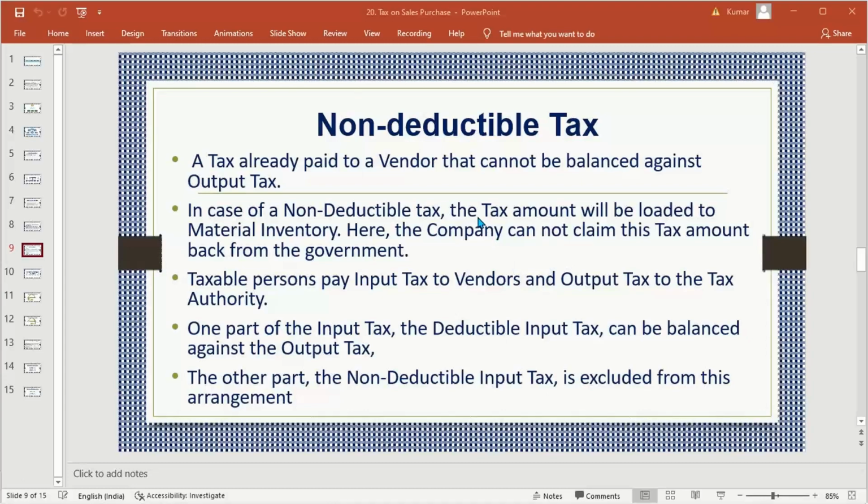the configurations for this deductible versus non-deductible, right? So what we have to do, guys,